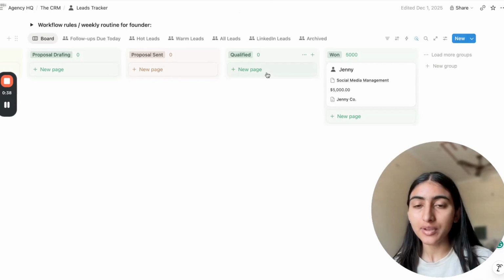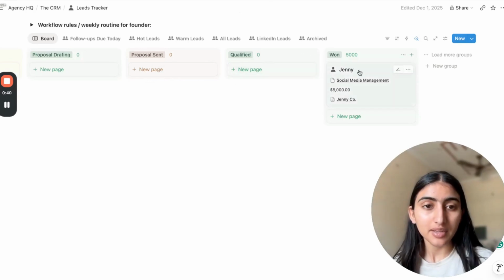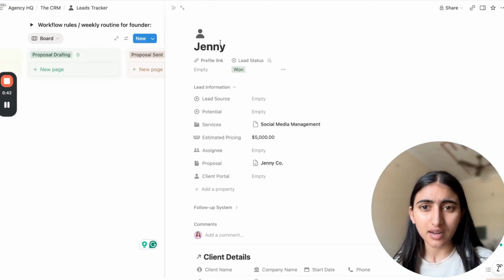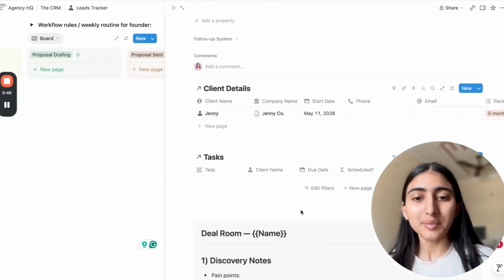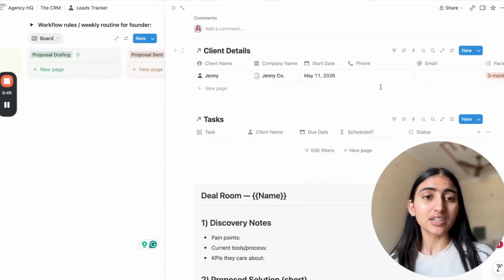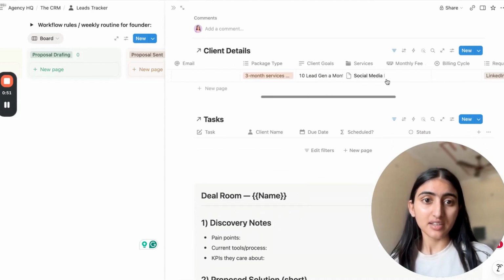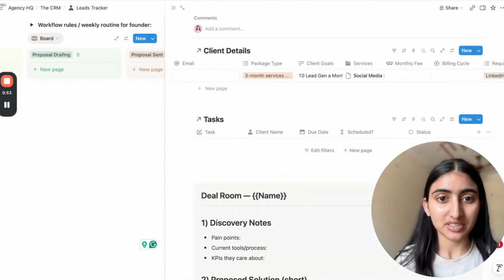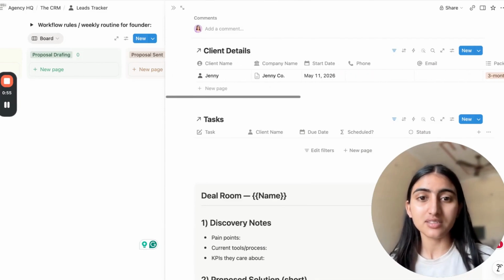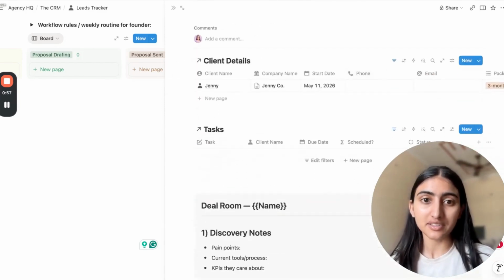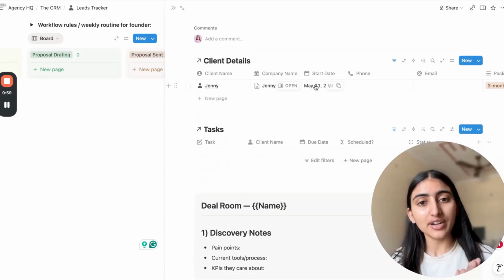Okay, so now we are in the CRM. Here we are in the client that we just onboarded, that's Jenny. What basically happens is that we generally have all of the client details loaded during the sales process, like the client goals, the services, the package, the company name, the industry. So everything is already there.